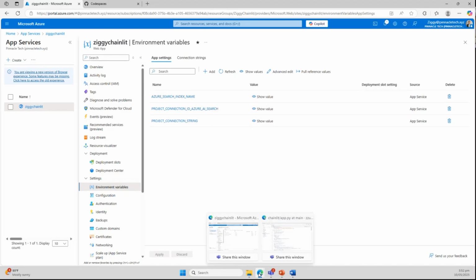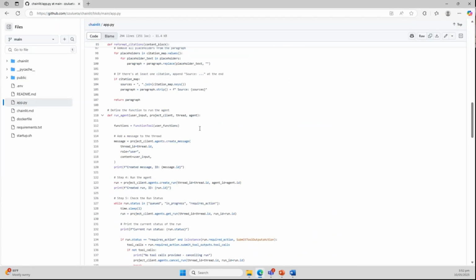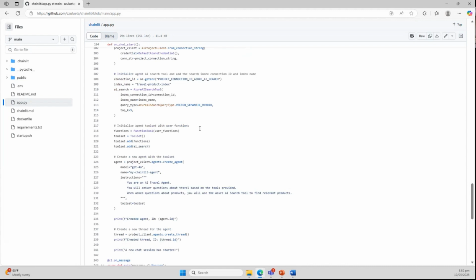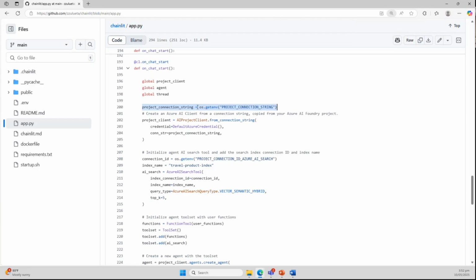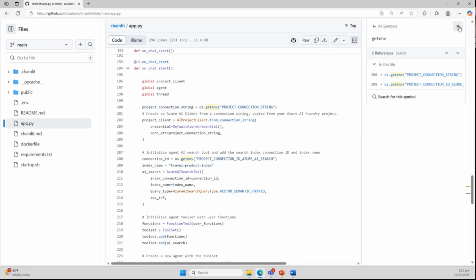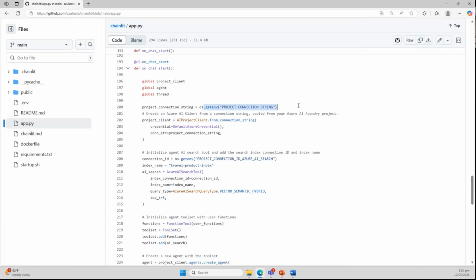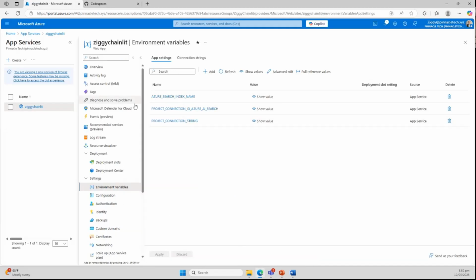Notice in my code, as an example, I have the project connection string, get env project connection string. Obviously you don't want to put your keys and endpoints in your code, so you put them in your environment file and then specify them here through the Azure App Service. So that's number one: you need to set up your environment variables here.